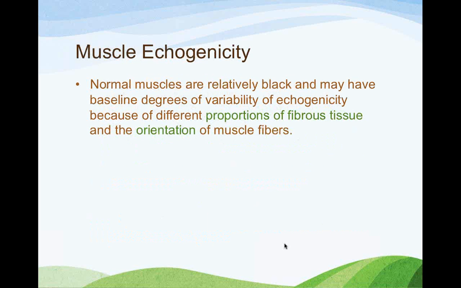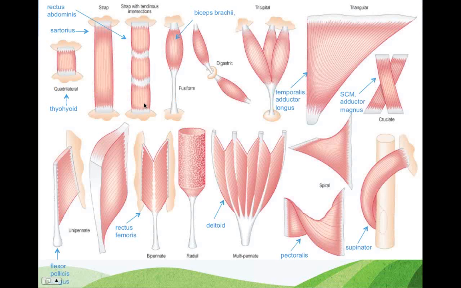So normal muscles, as I said, have this variability, which can be due to the fascial planes, but it can also be due to the different orientation of the muscle fibers, depending on where you're hitting them and how they're oriented. So this is a nice picture of how muscle actually gets arranged within the body, and it's actually really, really interesting. It's all about body mechanics and physics, essentially, what works best for the different locations in the body. For example,